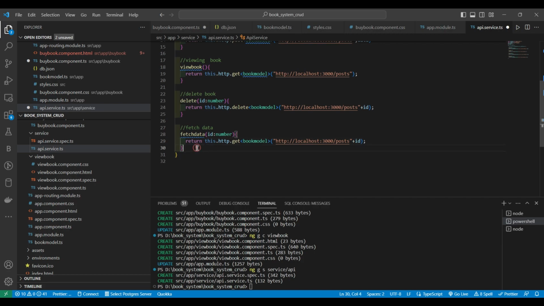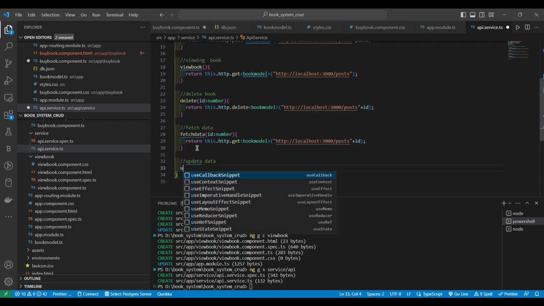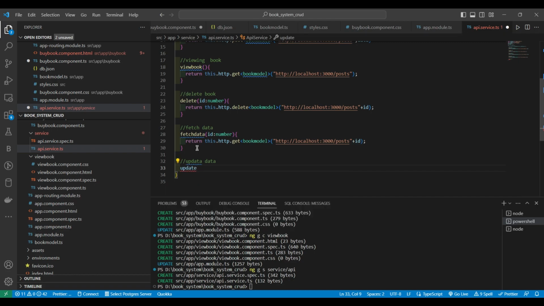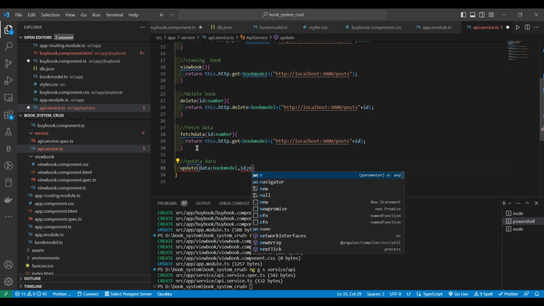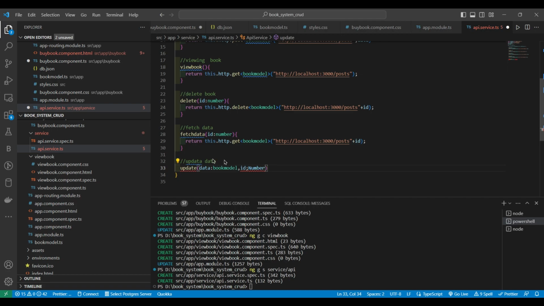So I have to do create, read, update and delete. So I have to update the data. I can give the name also, update data of book model, comma ID, which is nothing but a number data type. Okay, return this dot http